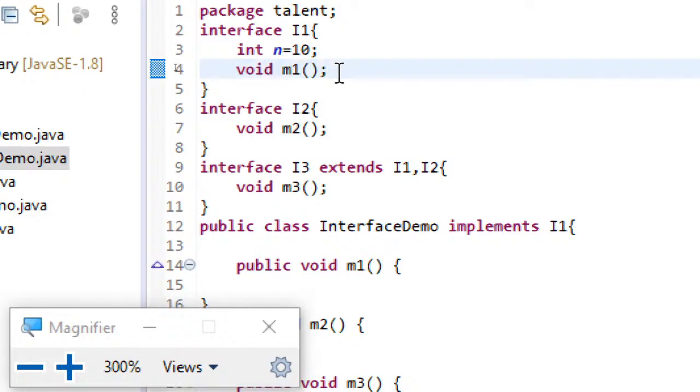And one more point I will mention here: from Java 8 onwards, understand the statement, from Java 8 onwards, interfaces can contain default or static concrete methods. I repeat my statement, from Java 8 onwards, that is JDK 1.8 onwards, interfaces can also contain default or static concrete methods. The reason is